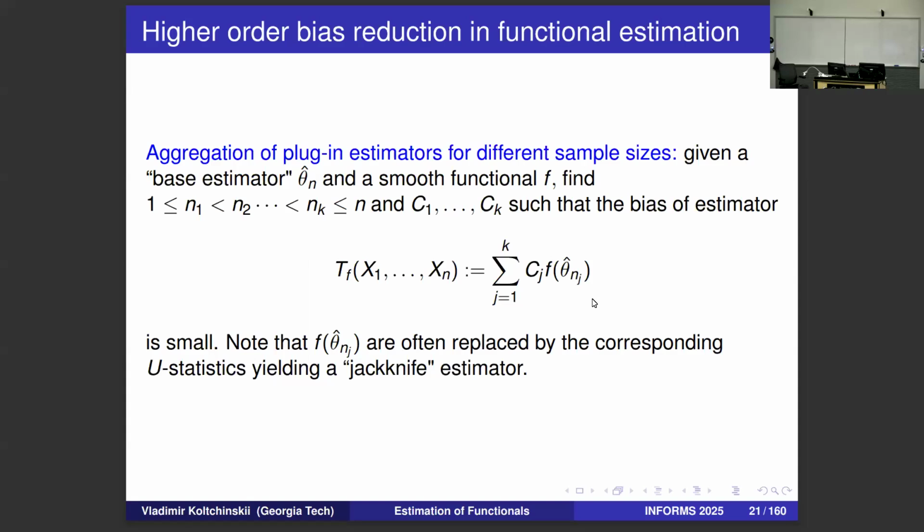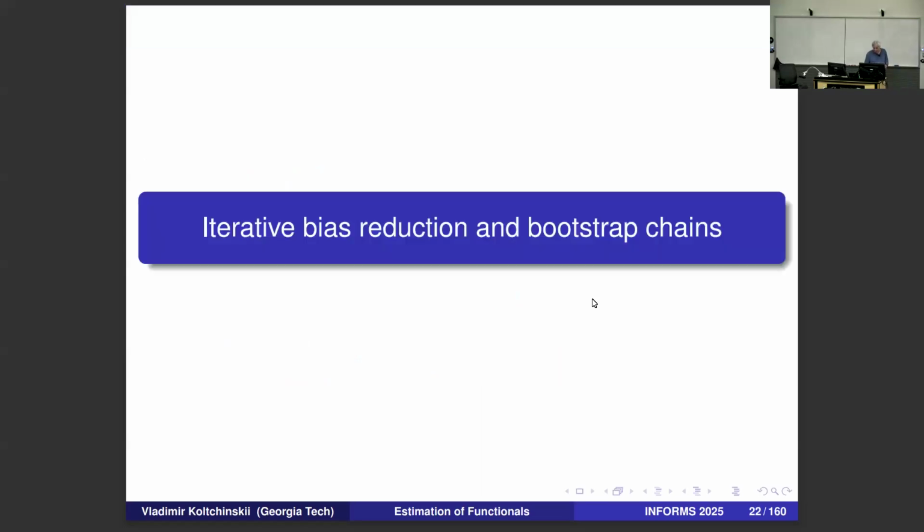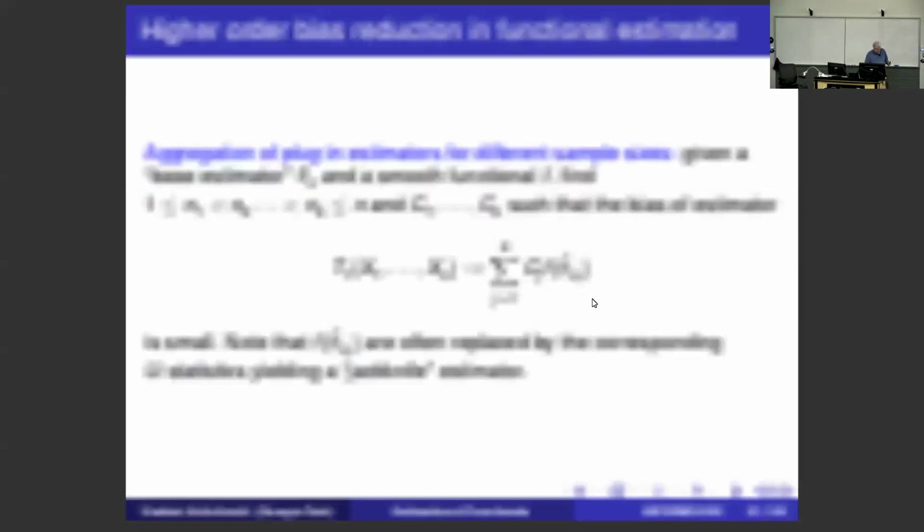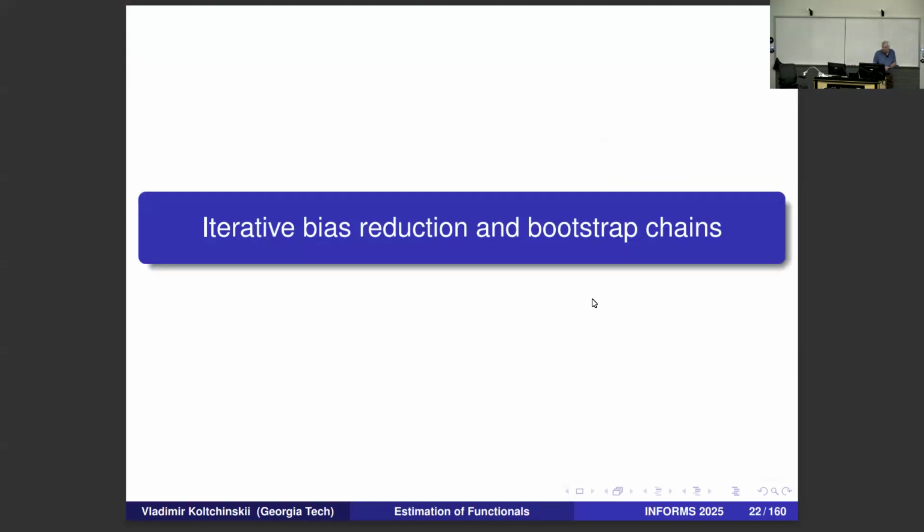We will discuss this next time, how to do this type of thing. It's also actually a very traditional method of bias reduction in statistics. Also, maybe the version of this method that I will discuss will be slightly different than what is common in the literature, okay? Now I will get back to the previous method,